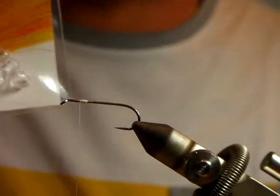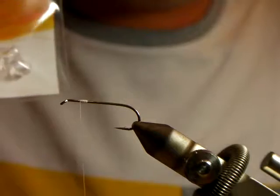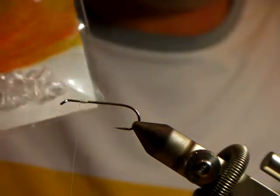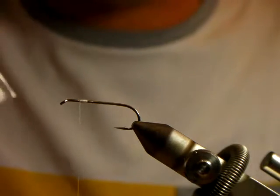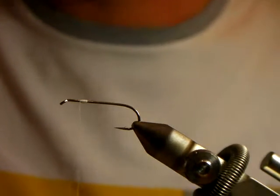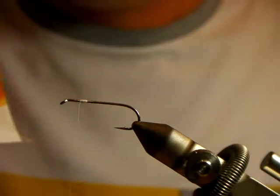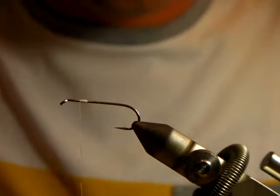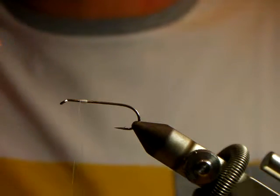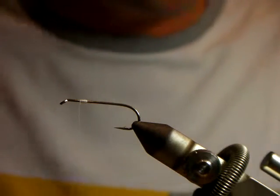It's just a fish mask. You can use UV, what's this stuff called? That's just the mission. I don't actually know how to use it, to be honest. So this is a lot easier for me, and you can just stick on some eyes. So this fly is scruffy. It doesn't look attractive, but when it's in the water, it's got a lean profile, and it's that action of that tail that really gives it a